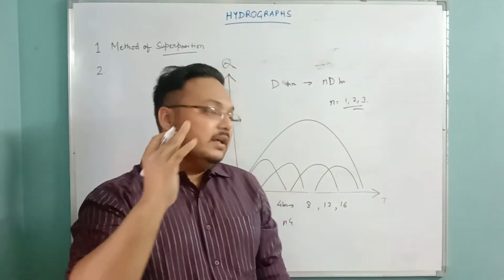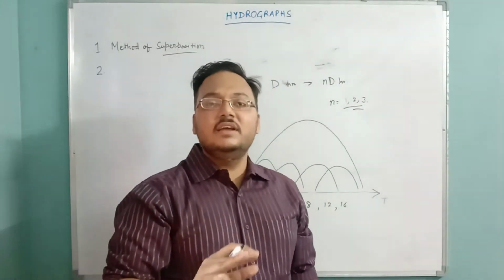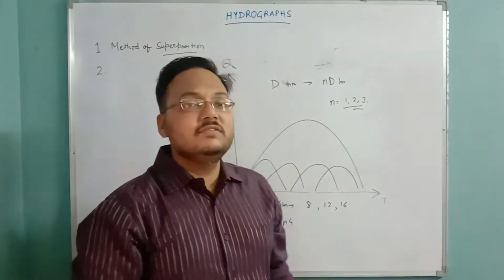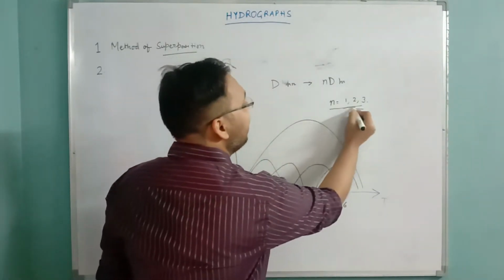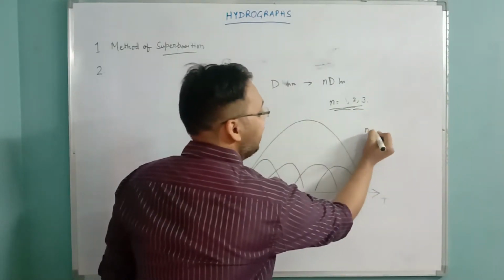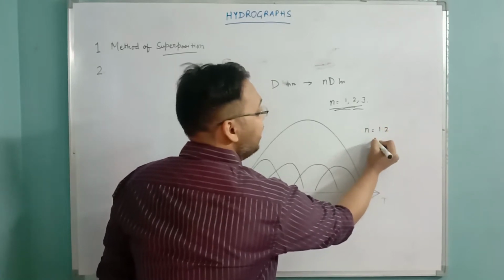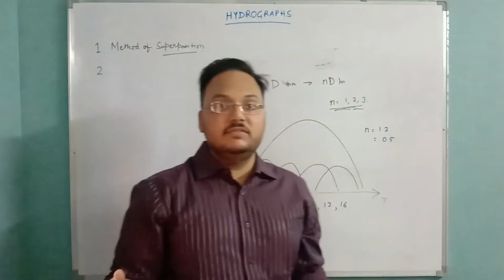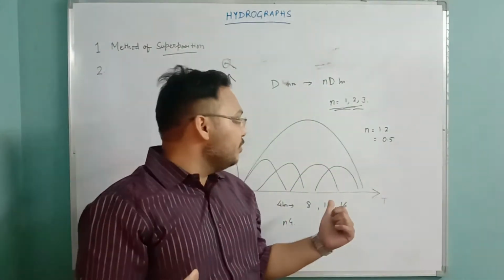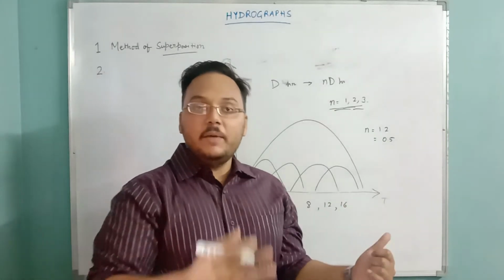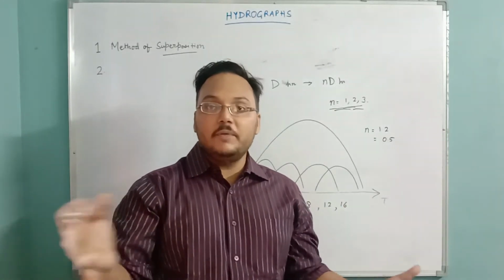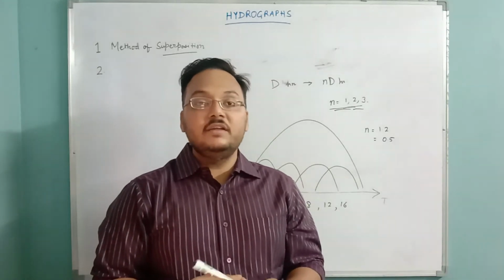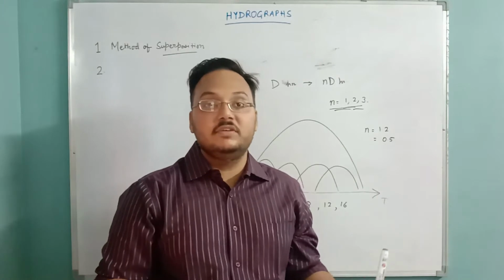But practically this won't be applicable, because if we look at the practical observations, it's not always that n is going to be an integer. n can be anything, like n could be equal to 1.2, n could be equal to 0.5. So there are many such possibilities. For that case, this method of superposition won't work, because you have seen the techniques that we use in the method of superposition, and that's what we dealt with in part 1 of these hydrographs.